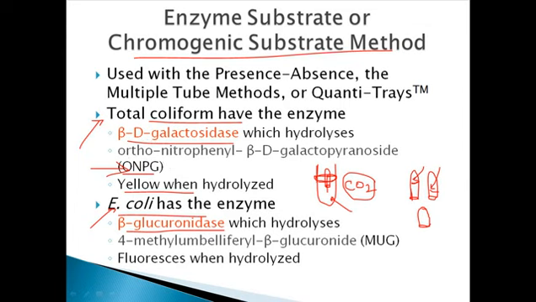That's why if we have this beta glucuronidase secreted from E. coli, or you have E. coli in the water sample, then this beta glucuronidase will hydrolyze another important chemical which we add in the medium, which is called MUG. The full name of it is really complicated, so